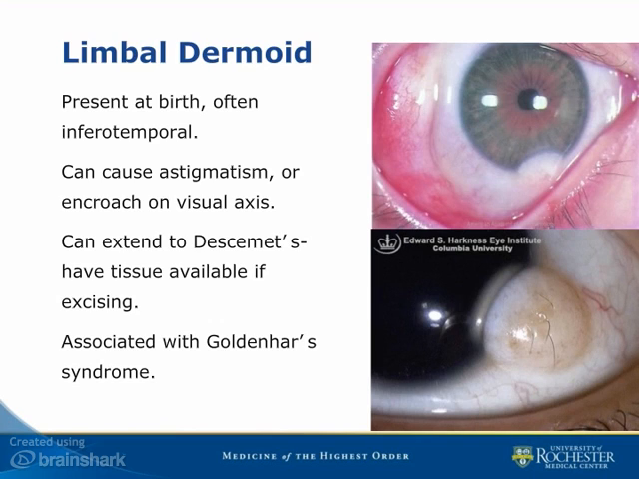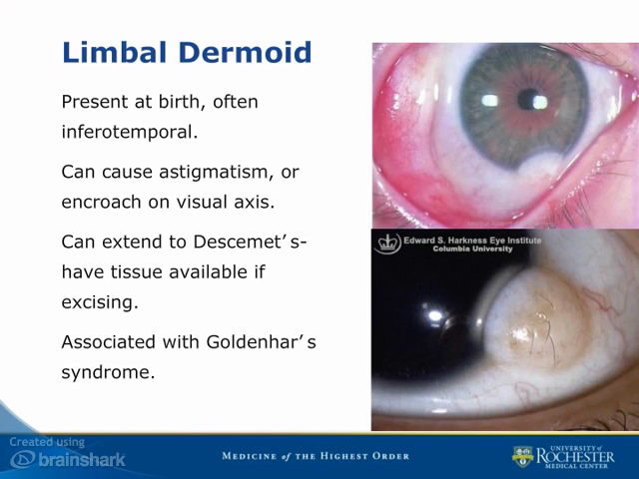The ocular findings with Goldenhar syndrome include limbal dermoid, which we see here. These tend to be present inferiorly or infratemporally. Often they don't need any surgical management unless they're causing a lot of astigmatism or encroaching the visual axis. Another thing that can happen is they can have Dellen formation anterior to the edge of these because of abnormal tear